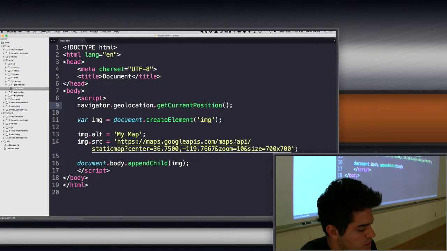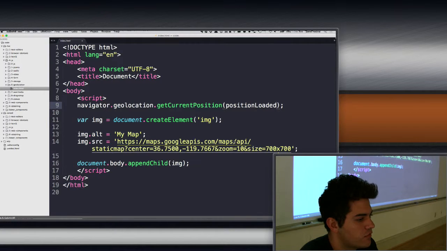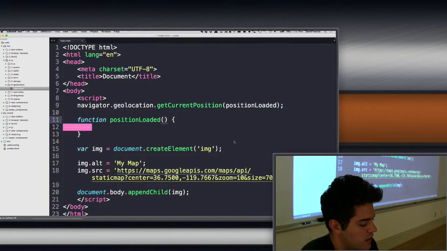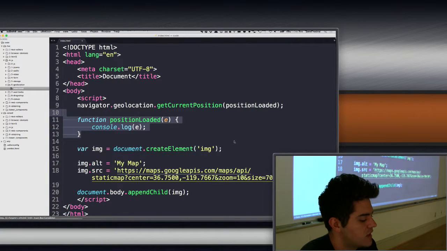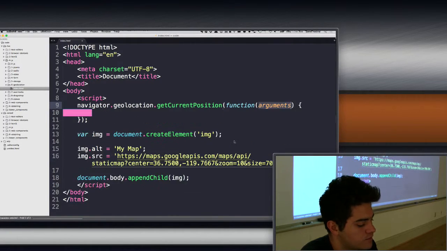And the argument that I can just have here, this can be the function name, so on success or like position loaded, whatever name you want to give, and then have a different function that will receive this value. And you have this value over here. Or you can just have an anonymous function. If you have that package installed on Sublime, AFN,